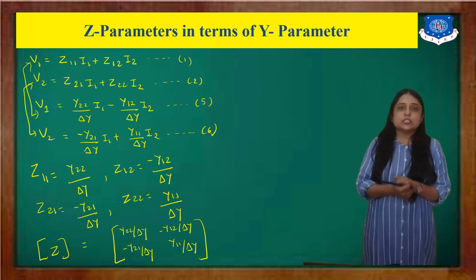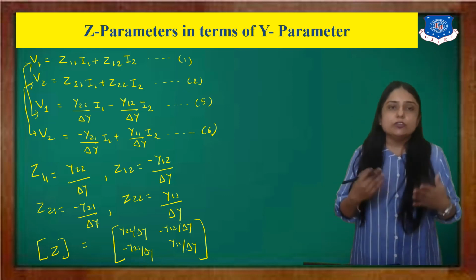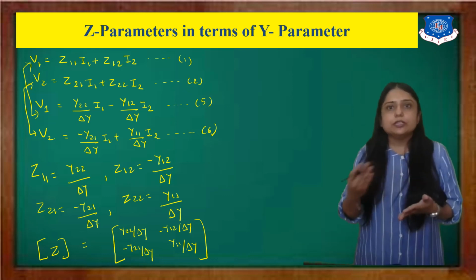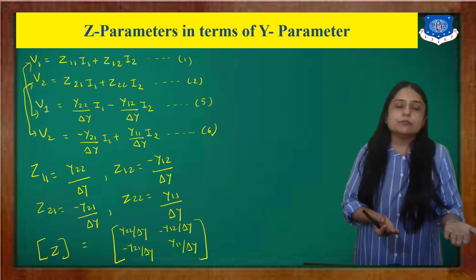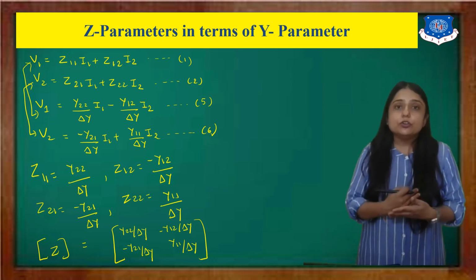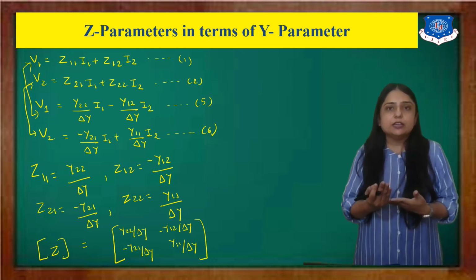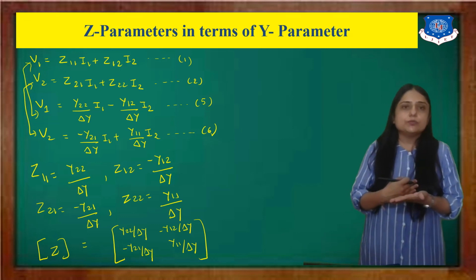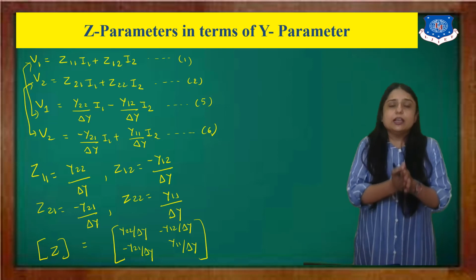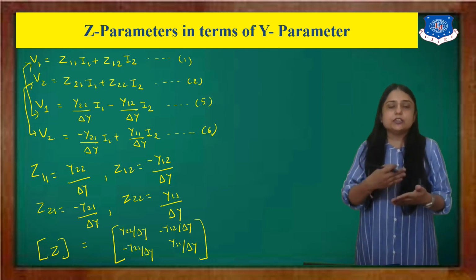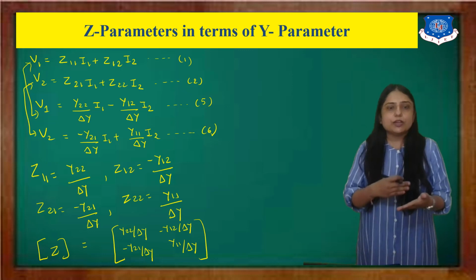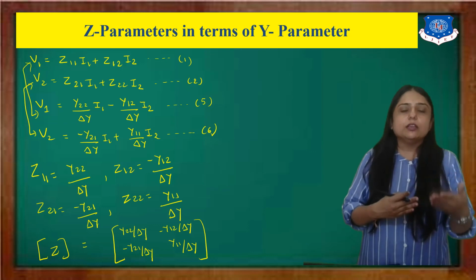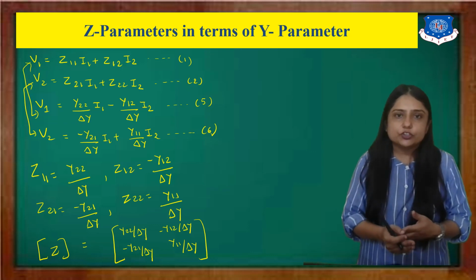This question can be asked for 3 and 4 marks in GTU. Just derive the relation between Z and Y parameter. Then you can use anything like this, Z parameter in terms of Y or Y parameter in terms of Z. Suppose I want to derive the Y parameter in terms of Z, then first I will write the equation of the Y parameter, then the equation of the Z parameter, then represent the Z parameter in terms of matrix, and then find the value of I1 and I2, and simply compare that value with my standard Y parameter equation.